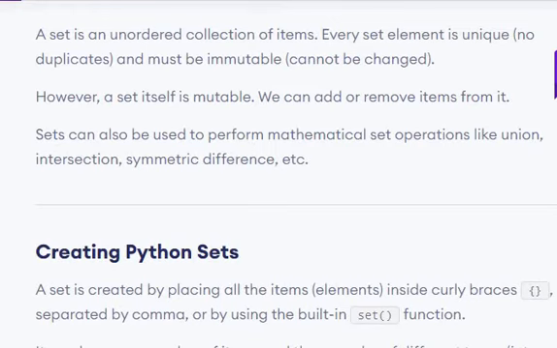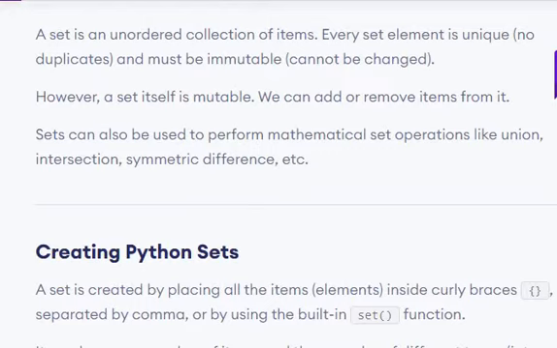So we'll see sets in Python in today's session. We have already come across lists and tuples. Try to observe the symbols we used for lists and tuples. All the elements are separated by commas, placed within square brackets, parentheses, or braces. For a list, all the elements are placed within square brackets, separated by commas.